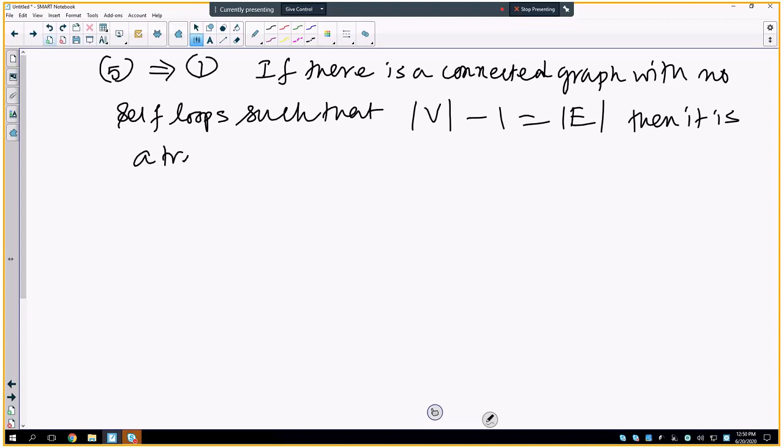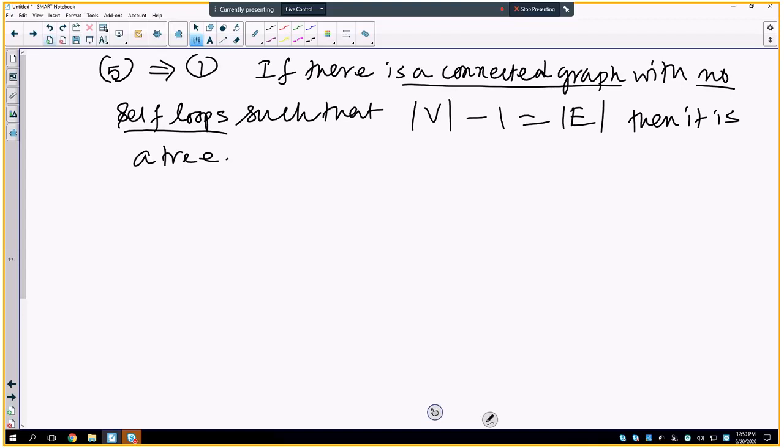So first and foremost, remember what a tree is. A tree is a connected graph with no self loops. So those two things we already have. It is a connected graph and it doesn't have any self loops. What else do we need in a tree? That it doesn't have any cycle. So that's exactly what we're going to show, using the property that the number of edges is 1 shorter than